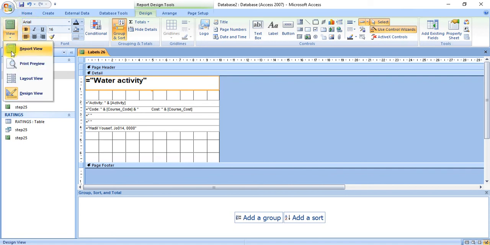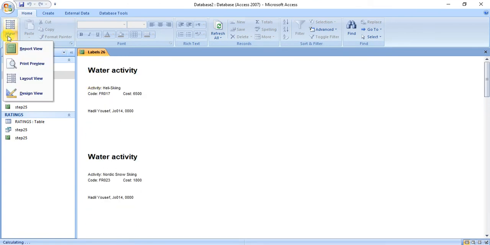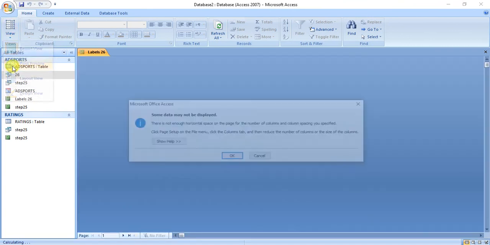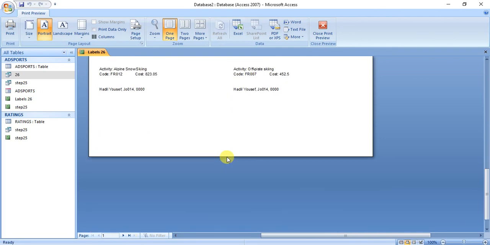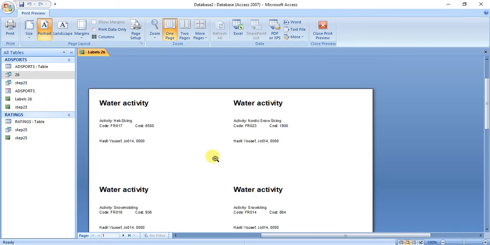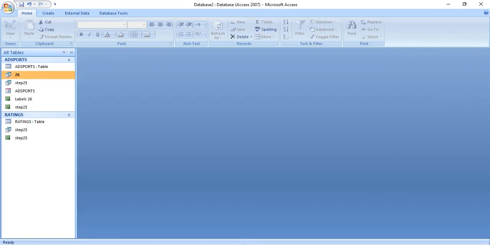Once you click on report view, you will find them in one column. You will be surprised, but in the print preview, you will feel more safe that it is working like this. Now this is my name. These are the details requested, so you can just print your work. And back to the next extra question,